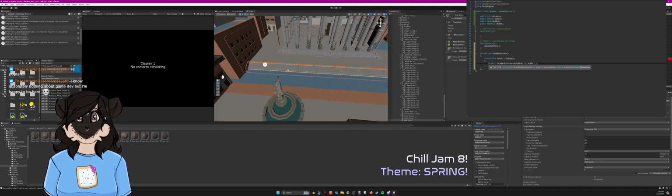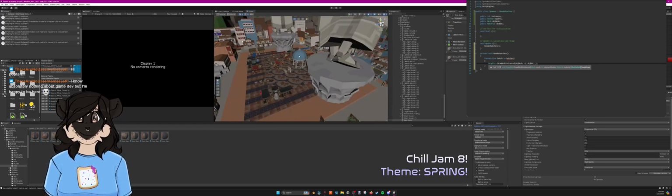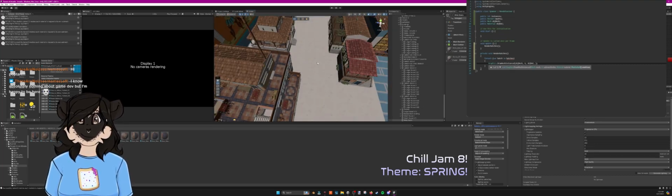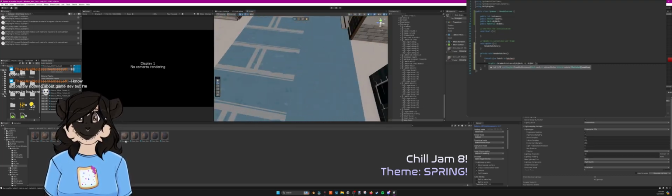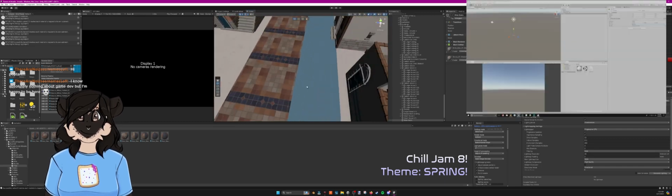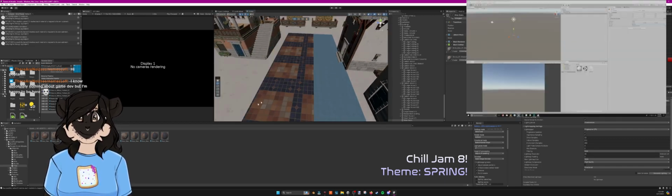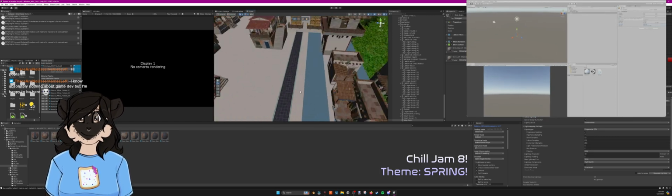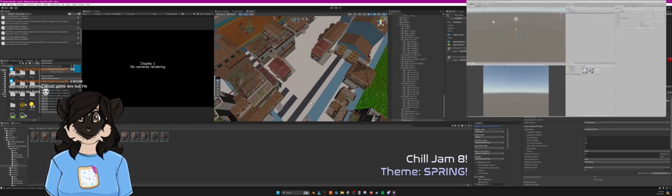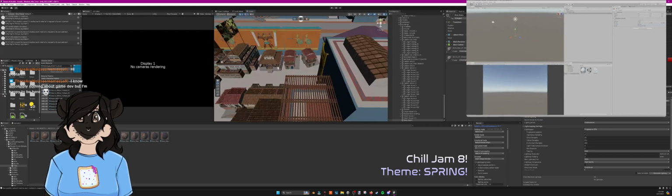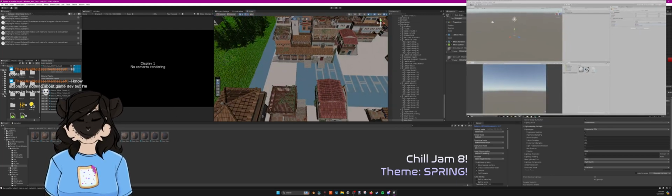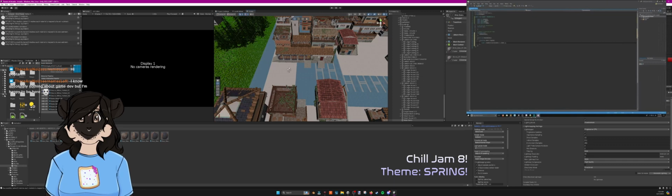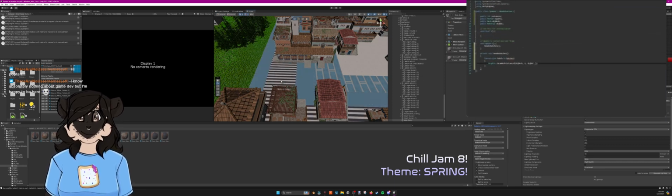Now these things actually seem pretty scary at first. I know I was confused on what they did and why they worked and how to work with them, but it's actually not that bad. Basically, all it's doing is storing all the important information. You can pretty much think of your transform in Unity as one of these. You can store your position, your rotation, and your scale. So not only are you storing these 3 values, but you're then storing these values to X, Y, and Z. You can store a ton of information. They're actually pretty cool. But for now, all we need to know is we want